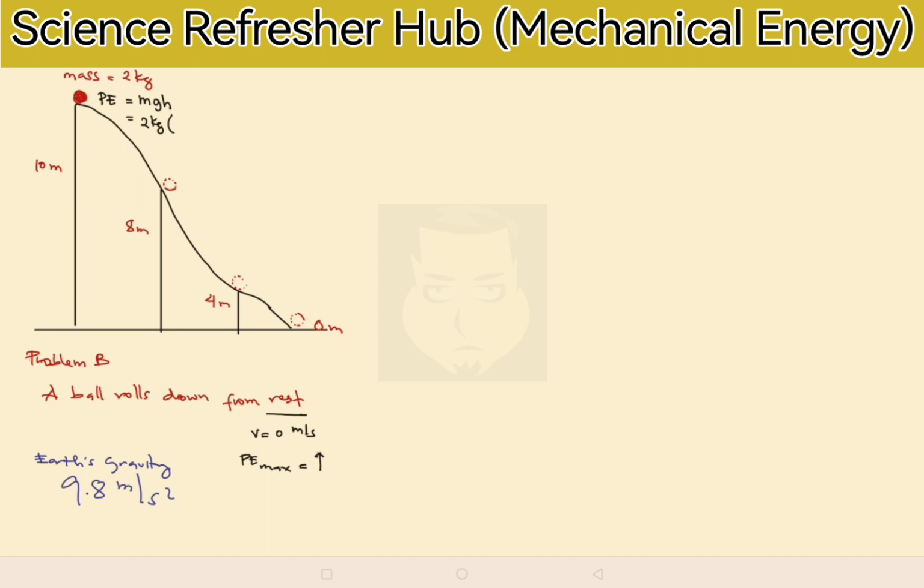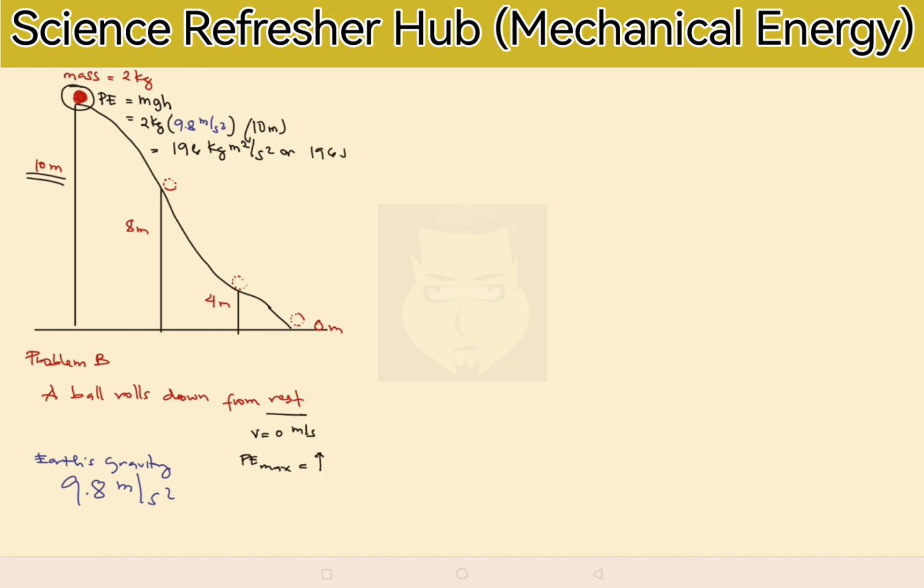Okay, so we will put it in our equation, 9.8 meter per second squared, multiplied by the height. Since the object is here and the height is 10 meters, we will plug all this stuff using our calculator. 2 times 9.8 times 10. The answer is 196. The unit will be kilogram meter squared per second squared, or we can write it down